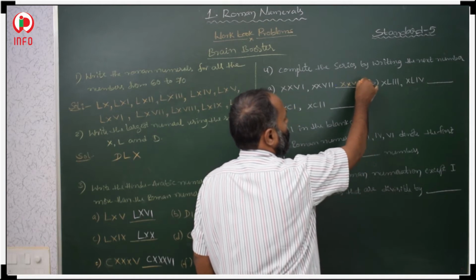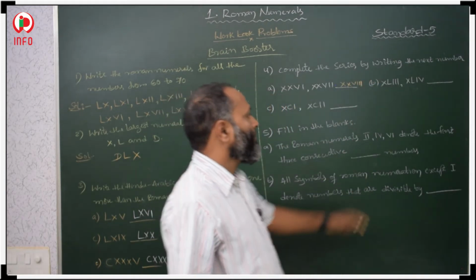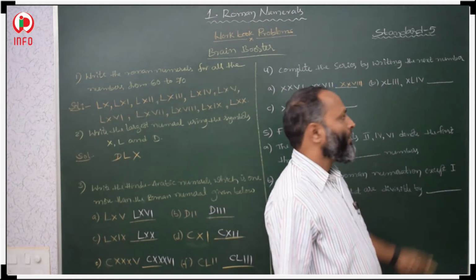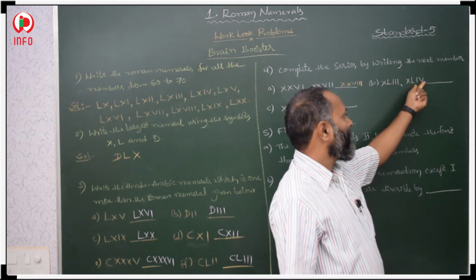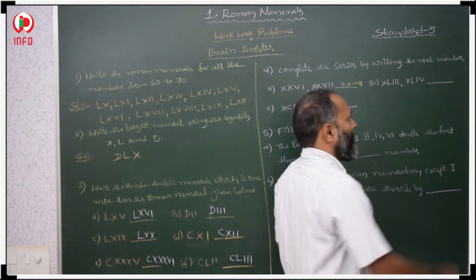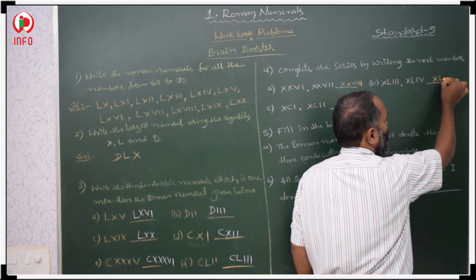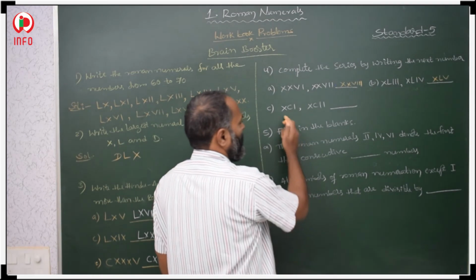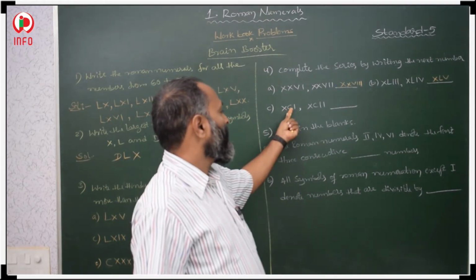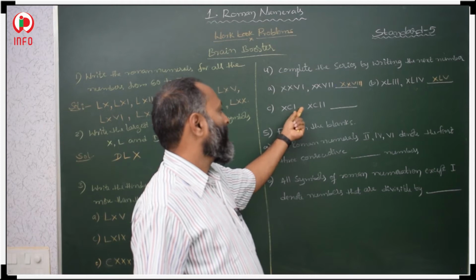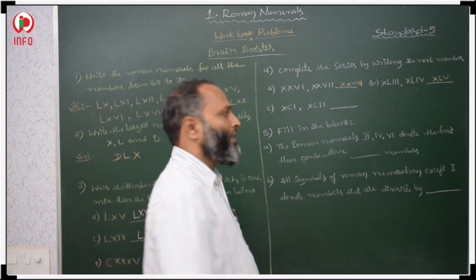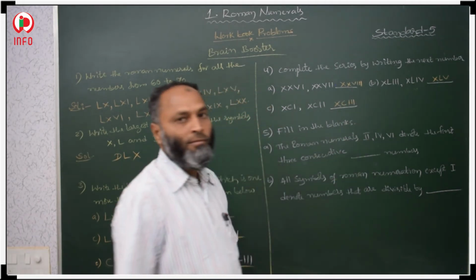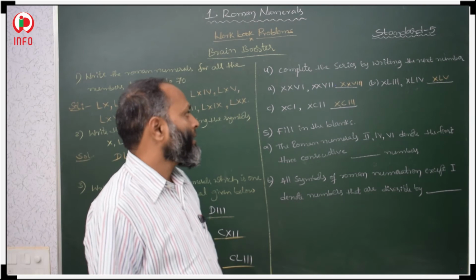Okay. Now XL means 40, then 41, 42, 43, 44. Now we have to write 45: XL is 40 and 5, so 45. Now XC means, C is 100 and X before it makes 90. Then 91, 92. Now we have to write 93: XC means 90 and 3. We have to write 93 like that.